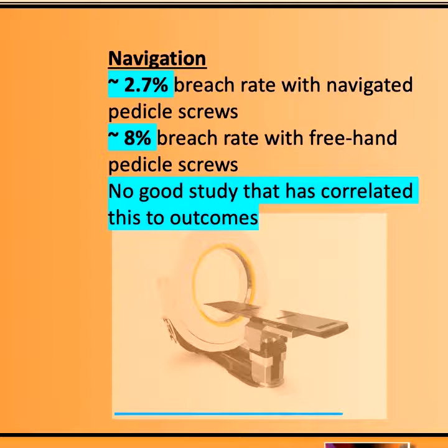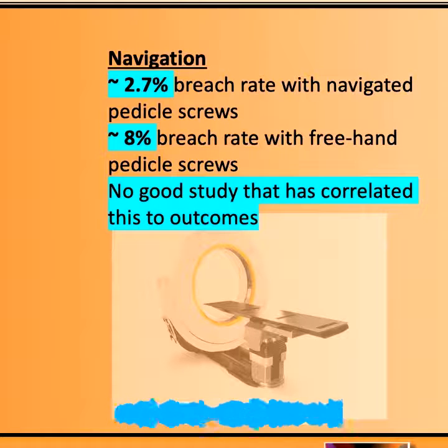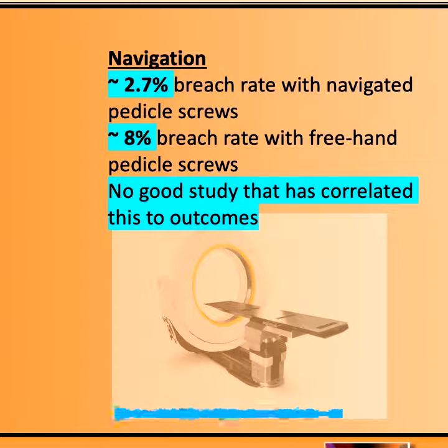It is estimated that there is an approximate 8% breach rate with the placement of freehand pedicle screws. One study cited in this paper showed that the breach rate for pedicle screws is 2.7% with the use of navigation. Although not definitive at this point, there certainly is a trend towards less breach with navigation. The one question that has not been answered to date yet, though, is the correlation to outcomes. These studies still need to be conducted as it relates to the breach rate for both navigation as well as